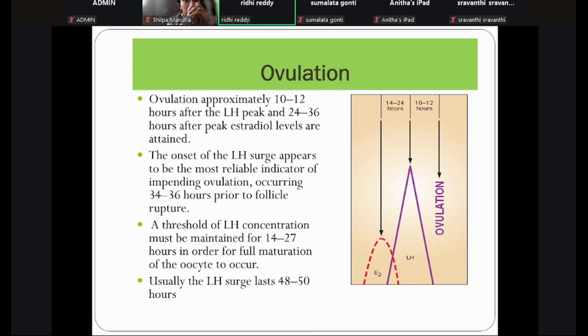So whenever we monitor ovulation, we sometimes also advise an LH kit test. At least 2 to 3 days before, whenever we suspect ovulation, from that time we should ask them to start using the LH kit test. The problem is that LH peaks might not be detected. So whenever they are using the LH kit test, we can ask them to use it 2 times a day also to detect these surges and peaks.